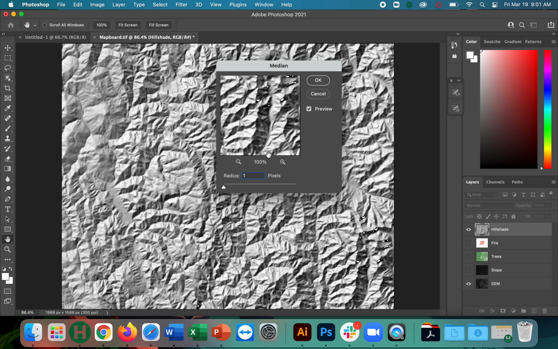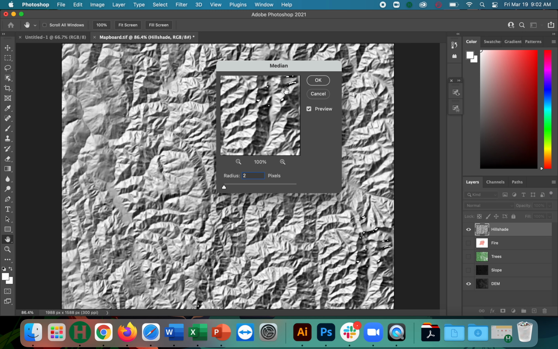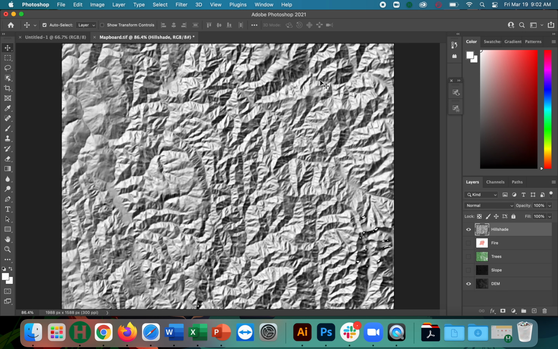If we look at 1, if we look at 5, we can see what this filter is doing. 2 is a good space for us to be in. We'll hit OK. Alright, and that's softened up and cleaned up much of our